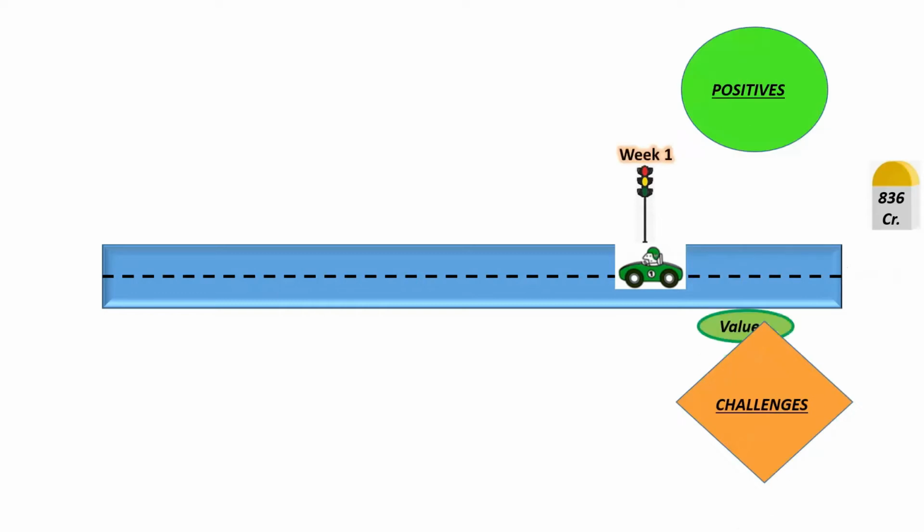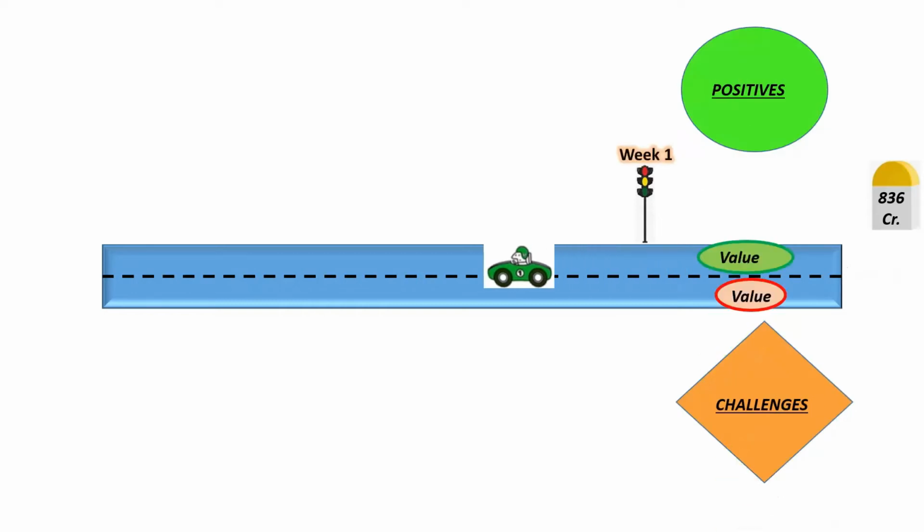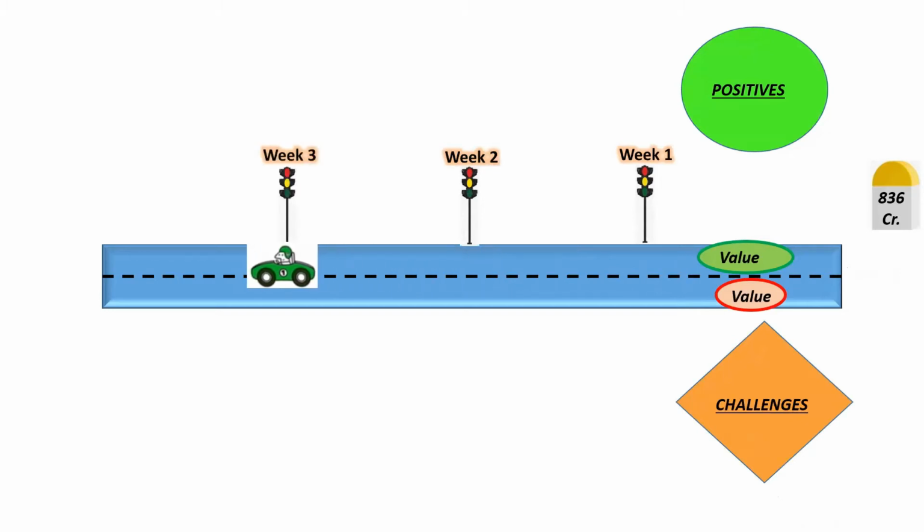I have shown one car on the current slide, which will teach how to make an effective presentation. Now you can see the car moving through 4 stages as week 1, week 2, week 3 and week 4. You can even choose quarter 1, quarter 2, quarter 3, quarter 4. And at every signal the car will stop.